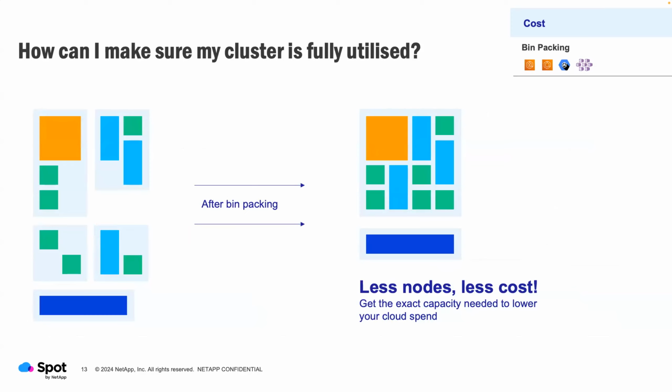On the other side, we've consolidated things down, we've packed things in. Yes, we have a bigger instance there to be able to run that, but we've got fewer nodes, and it really just ends up in lower costs. This is something that continually runs all the time in your cluster. We're consolidating pods down onto nodes and then turning off nodes where they're not actually required anymore. Where we can, instead of getting consultants to say, hey, turn this off, reduce this, whatever it is, this is something that runs continuously. That's part of our service.